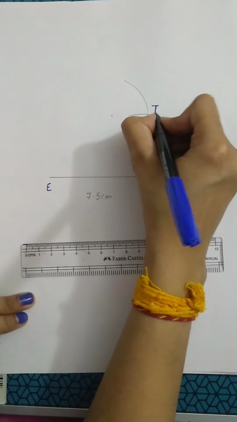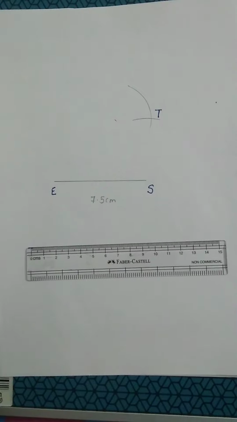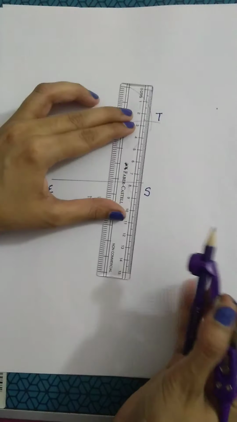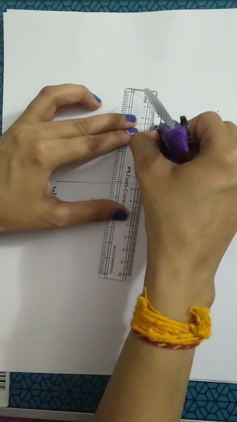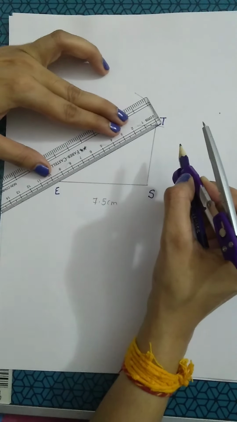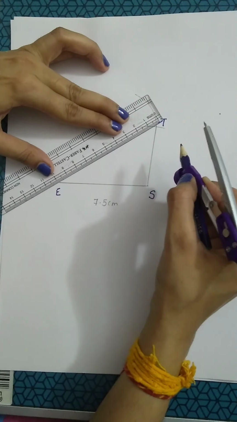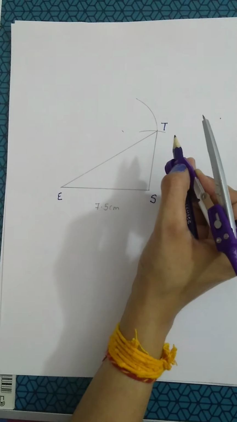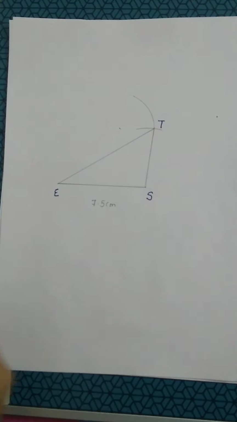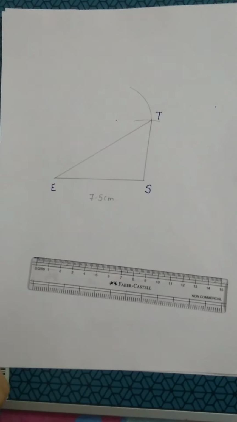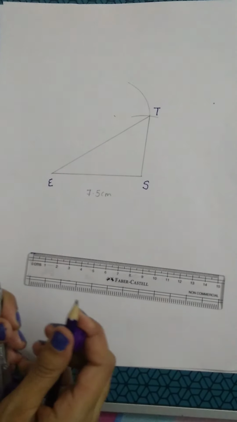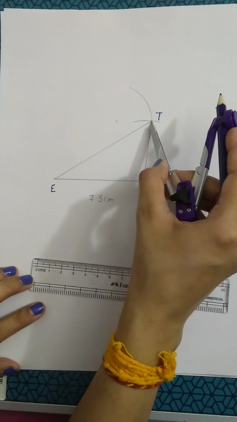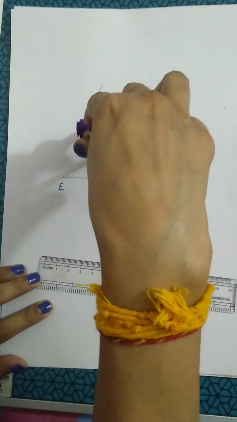This is point T. Next one, what we can do is, now I got point T. Let me join this so that we'll be able to complete the quadrilateral sidewise also. This will be a quadrilateral. This will be the diagonal here of quadrilateral BEST. Next step is BT. So what I will do, I'll open my compass with the help of scale and BT is given to me 6 centimeter. So I'll open my compass 6 centimeter here. Okay, keeping the needle at vertex T and just draw one arc here.